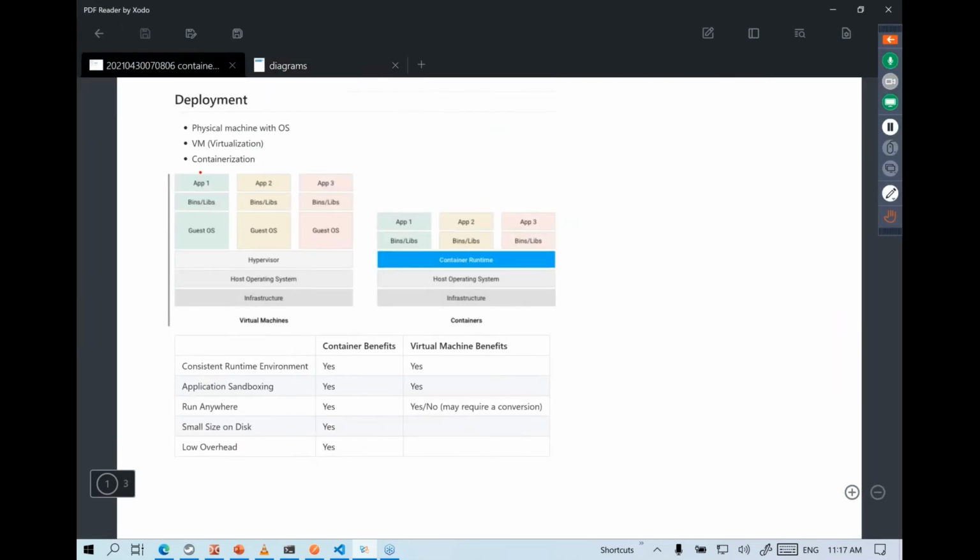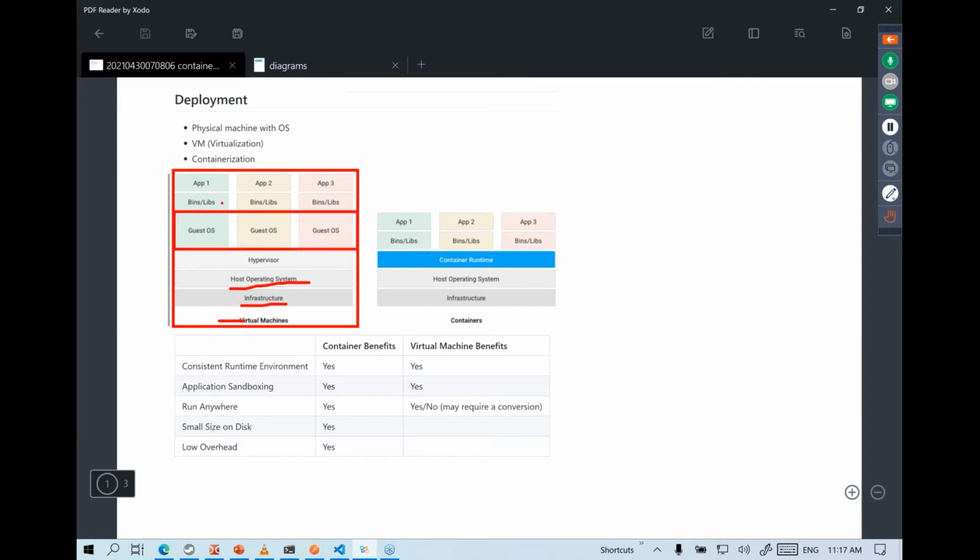So basically, if you recall, we discussed that in case of virtual machines, we typically have a virtual machine that we set up on some infrastructure. We have some host operating system, and then we get to install an OS of our choice, and then we get to install our applications and perform the deployment and so on. Whereas in case of containerization, you will notice that you're only responsible for your runtimes and your actual application. And there will be something available to us that is known as a container runtime that will be offered to us mostly by Kubernetes, something we will discuss in detail later on.